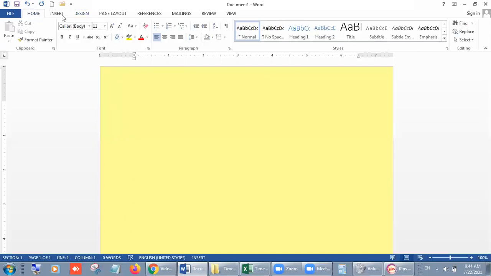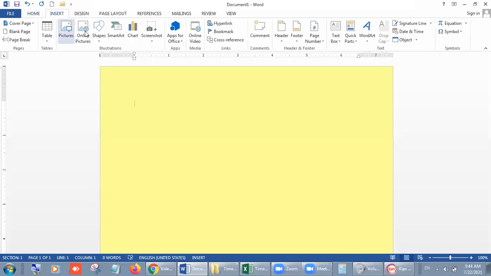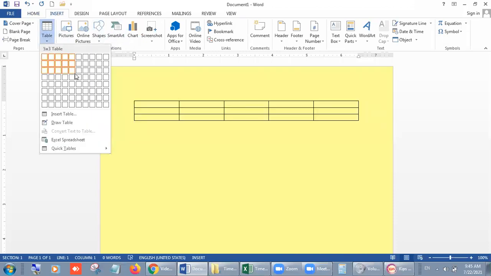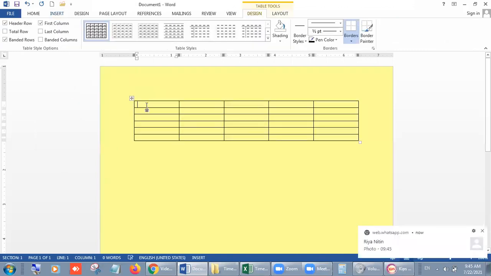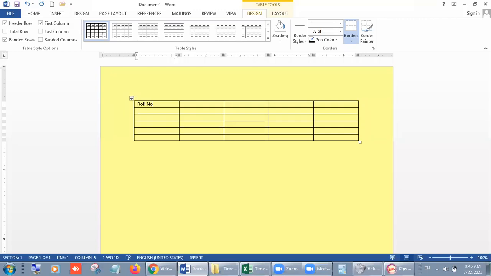Now go on Insert, then go on Table and choose the rows and columns according to you. I already told you about that. Now I am going to write the headings of the table: roll number, name, standard, English, computer.